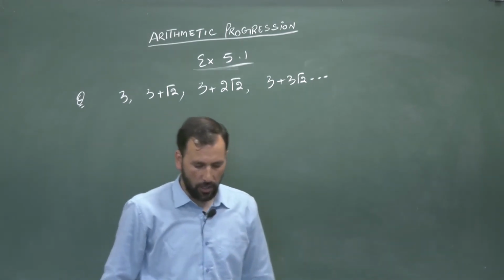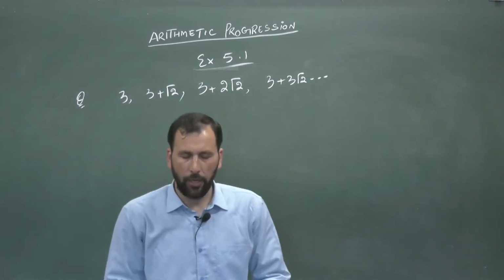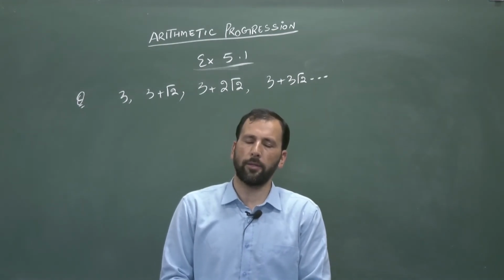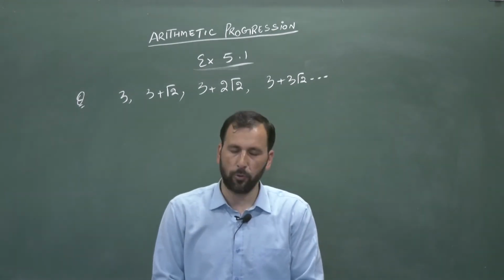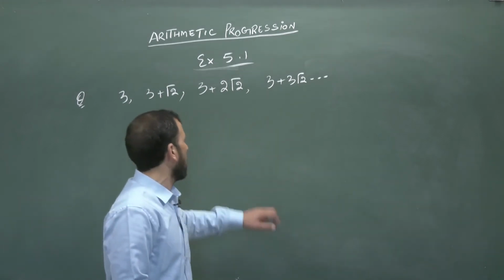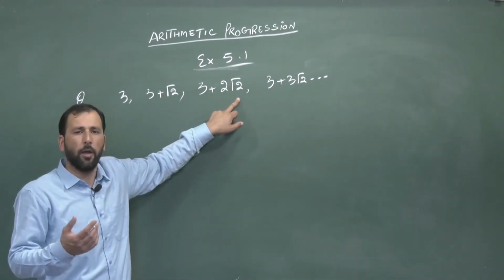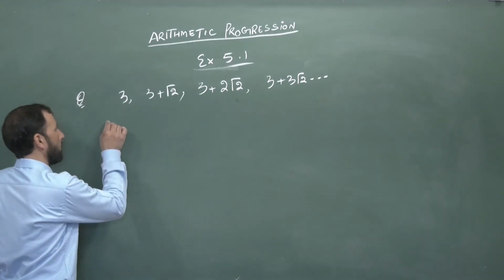It is 3, 3 plus square root 2, 3 plus 2 times square root 2, and 3 plus 3 times square root 2. First of all, we have to check whether the given list of numbers forms an arithmetic progression or not. So here a2 minus a1,